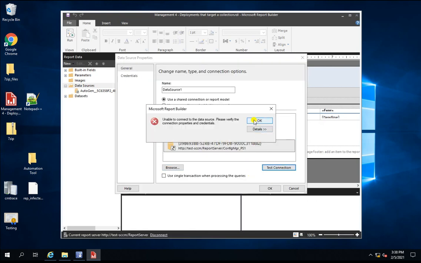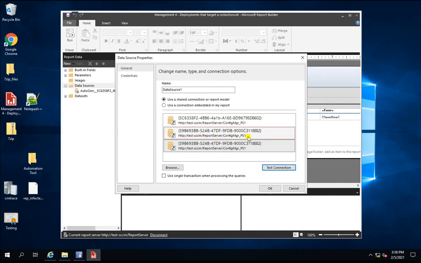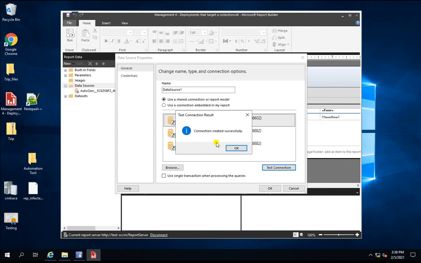Test the connection. Okay, let's try with this. No, it's not coming. Let's see. One will be a success. The other database is not connecting with SSMS.